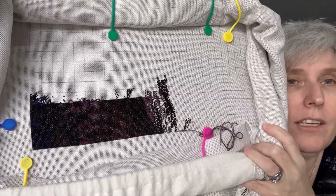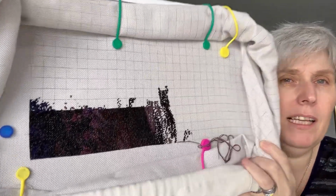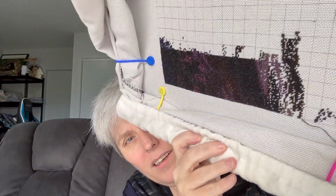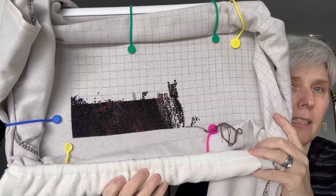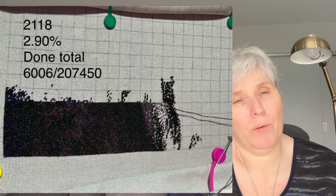and I'm just stuck in the dark, dark. So there is some other colours in there, but you can't really see them. It's very hard to see. It doesn't help the light is fluctuating here. Sun comes out, sun goes away. So I don't even know what percentage I'm at. Hopefully I've already added a picture in of what it will look like where I am